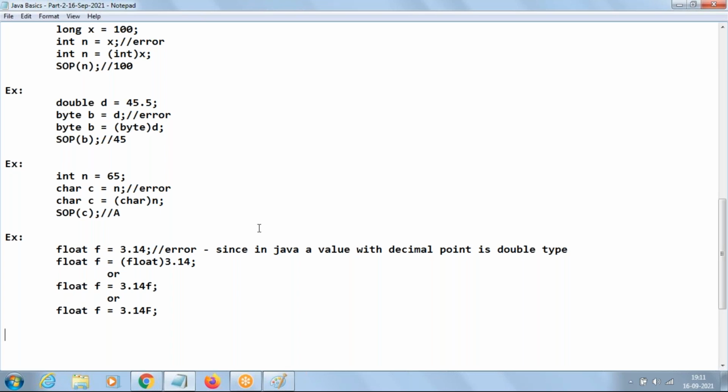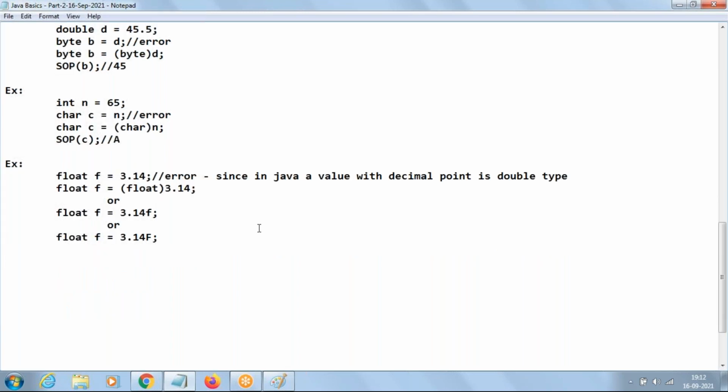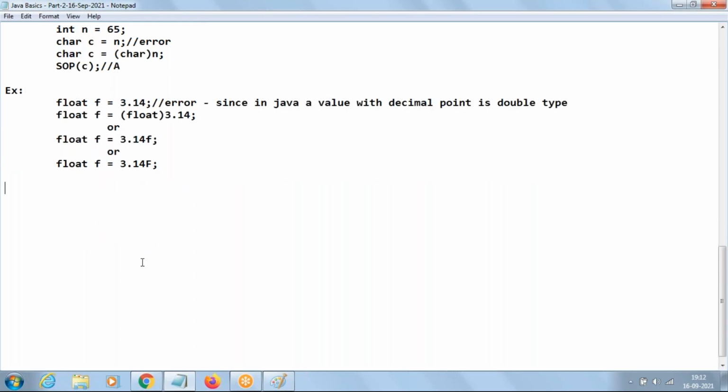Yes, Rajdeep. Sir, is it possible to convert from float to character? Float to character? Let us check it. Even I'm having a doubt, let us check it. But how to check this? In order to check, I have to create a class with a main method inside, write the code, and run the program, right? So we have to do these many steps.